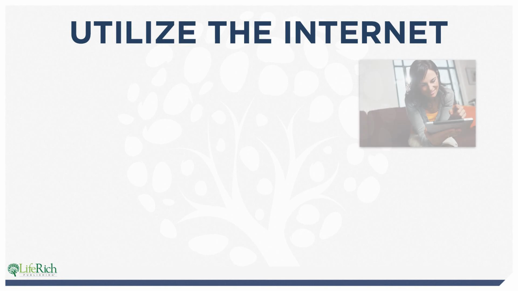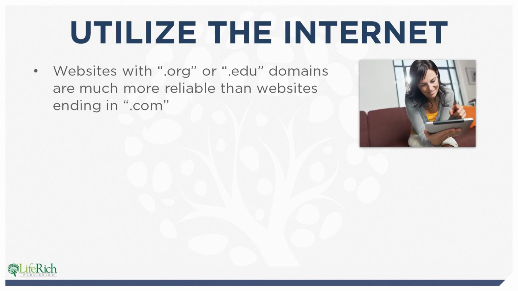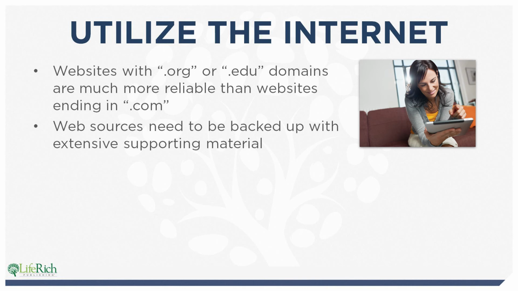Online source material is commonplace and easily accessible in today's world, but be aware that websites with a .org or a .edu are much more reliable than websites ending in a .com. That said, web sources need to be backed up with extensive supporting material. Never use sources such as Wikipedia or About.com. Though these sites may send you in the direction of valued source material, their standards are considered subpar by the